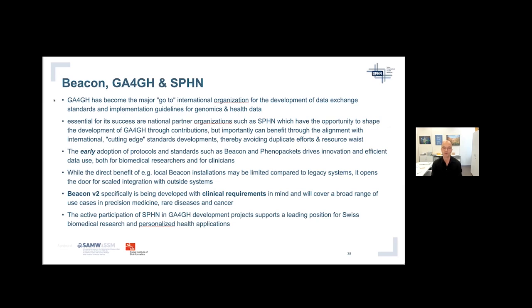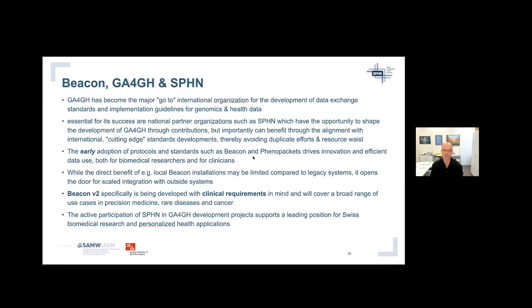This also helps to avoid waste in, for instance, protocol development and resource development. Early adoption of standards such as Beacon and phenopackets drives innovation and makes research easier for participating institutions, individuals, researchers, and also helps clinicians to really understand where these developments are going.